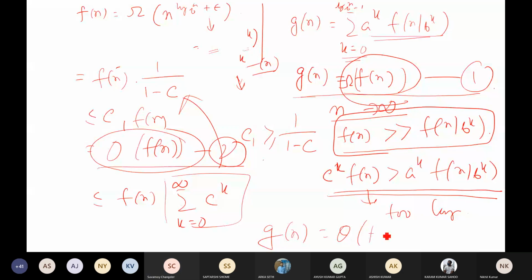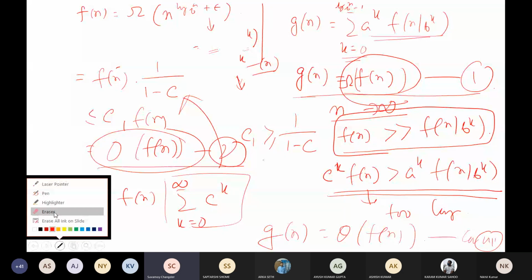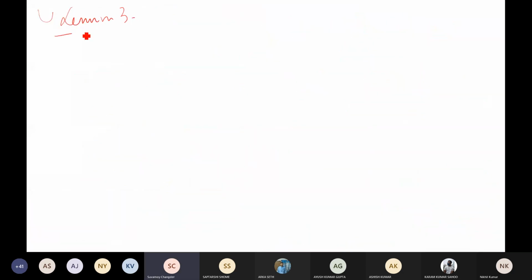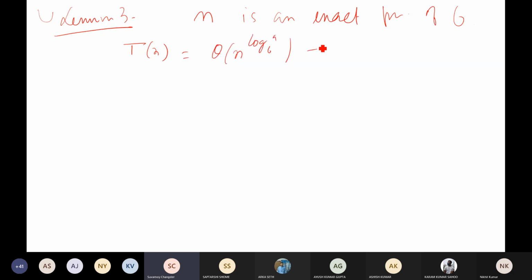Now lemma 3 is proving the master theorem for n as an exact power of b. From lemma 1 what we have got, T of n is equal to theta of n to the power log a base b plus g of n, where g of n equals the sum of a to the power k f of n by b to the power k, k equals 0 to log n base b minus 1, that we have already proved. Now from lemma 2,